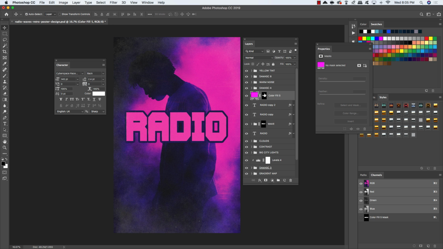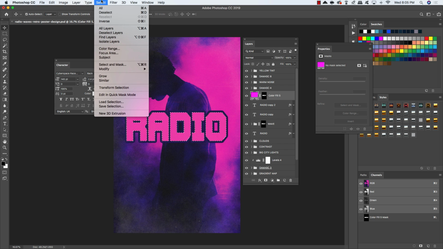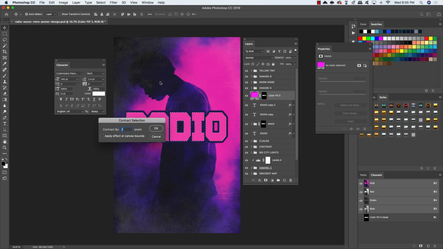All right, and now we have a mask automatically applied. It's just confining it to the inside of our letters here. Now hold the Command-Control key and click on that layer mask to once again activate a selection around the letters, and then come up to the Select menu and choose Modify, Contract. And we're going to enter a value of about 14 pixels, because that's how big our stroke is, and then